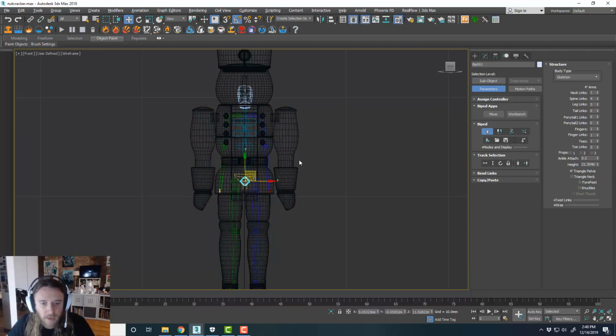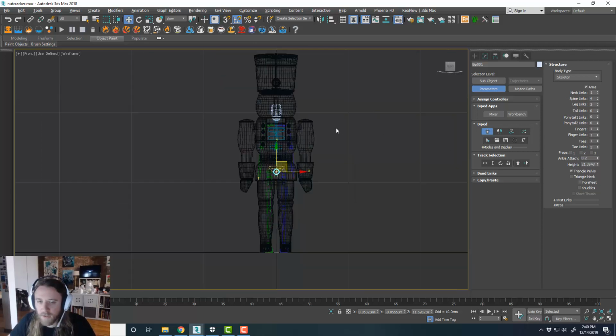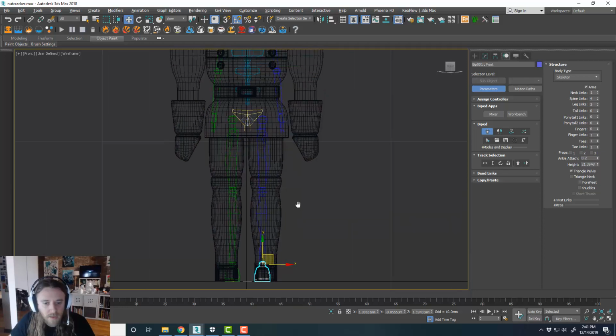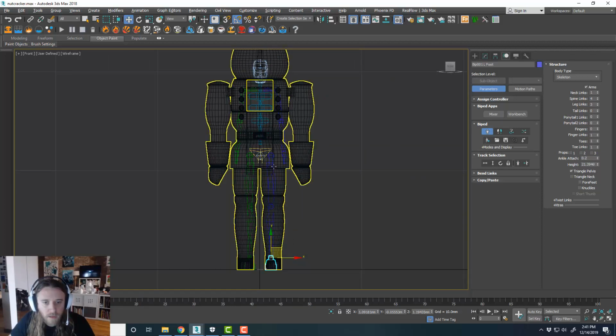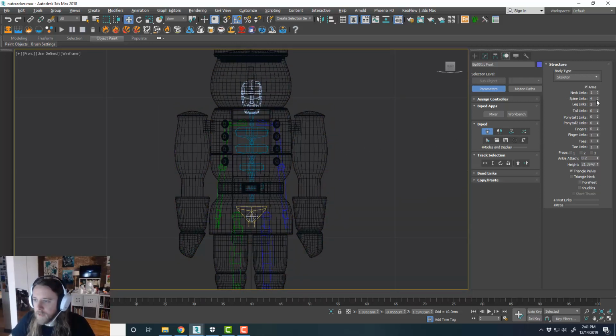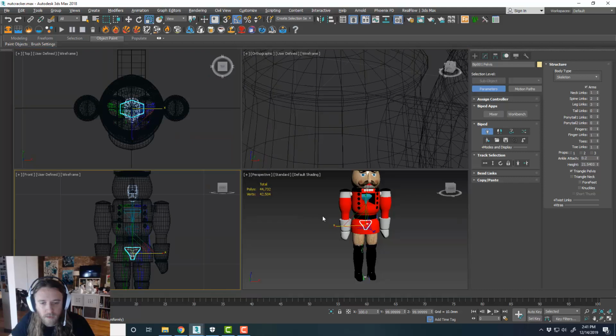Okay, so now that we have that started, we can go in and start adjusting these bones. But before I do that, I'm going to remove all the fingers because we don't have any fingers. I don't have any toes. And I just want to see, maybe we'll remove some of the spine links. Maybe we'll just have two spine links. I think that'd be good. Yep. Okay, now I can start,